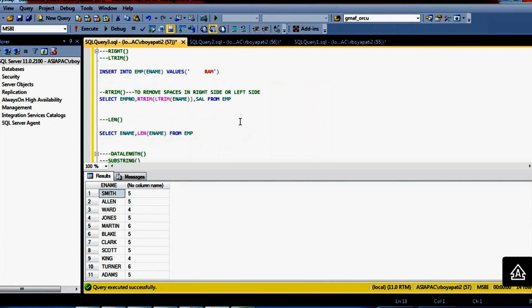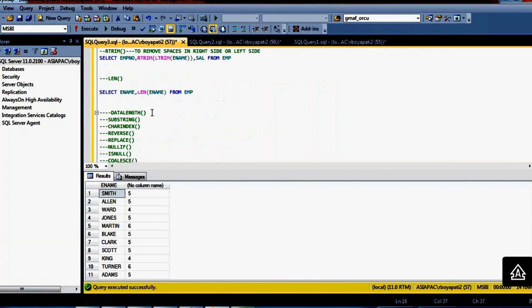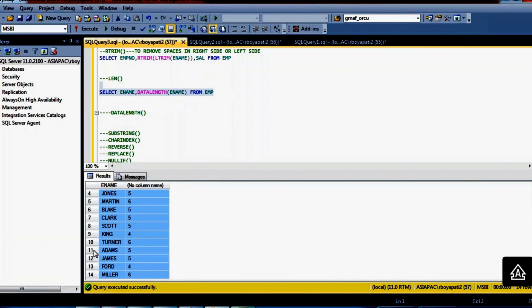So how can you get the number of bytes being used for a particular string, even for the spaces? You have to use the DATALENGTH function instead of the length function. If you are using the DATALENGTH function, this is the function.